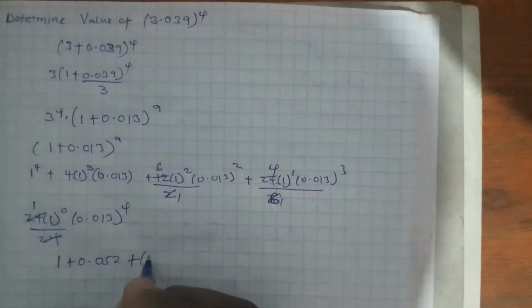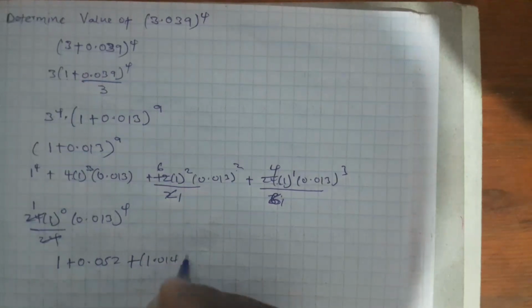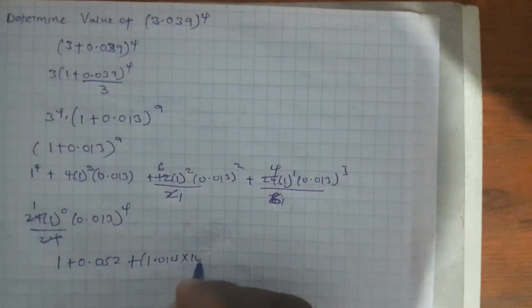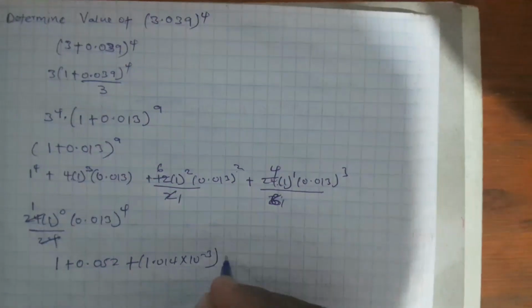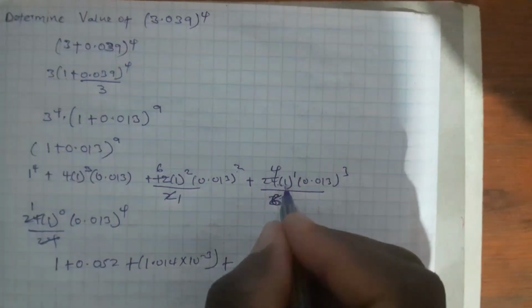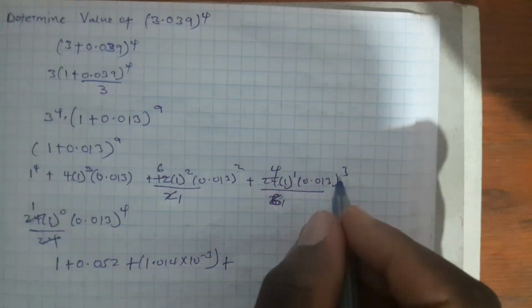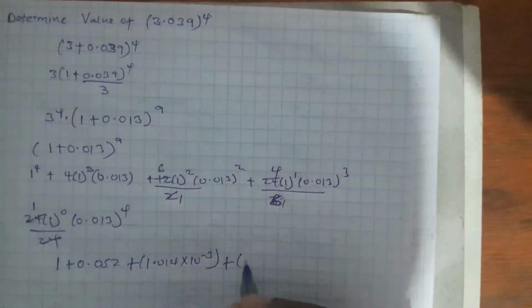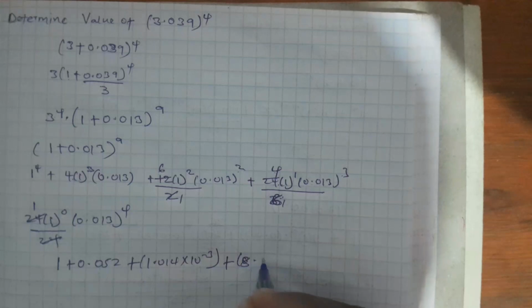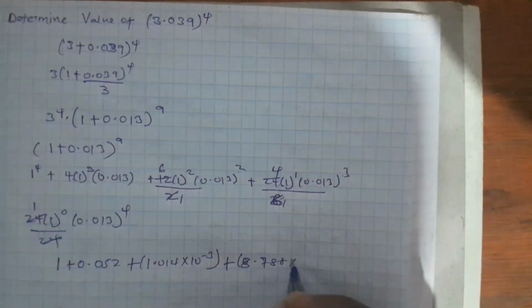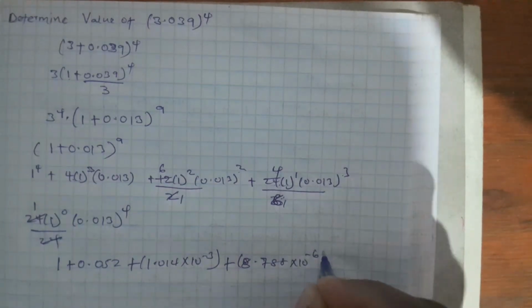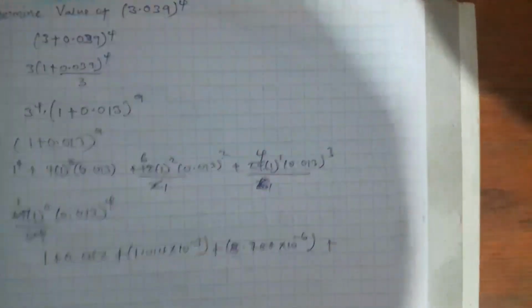You will have 1.014 times 10 raised to power -3. You then work out 1 times 4 times 0.013 cubed. You will have 8.788 times 10 raised to power -6,